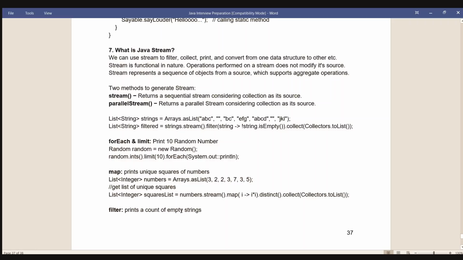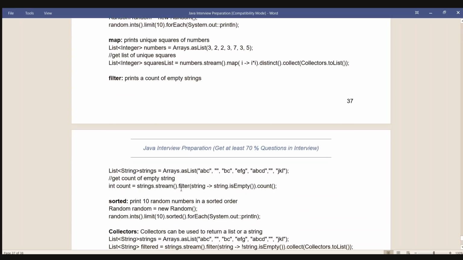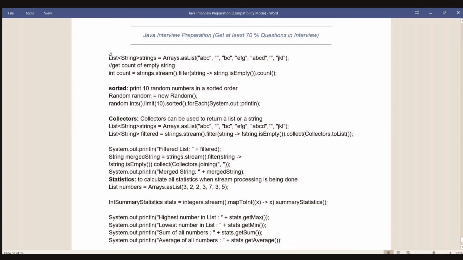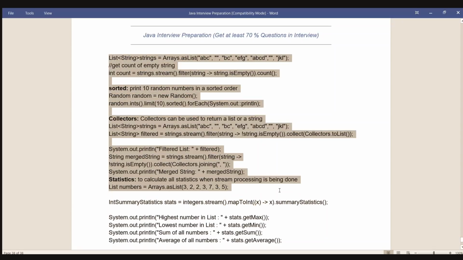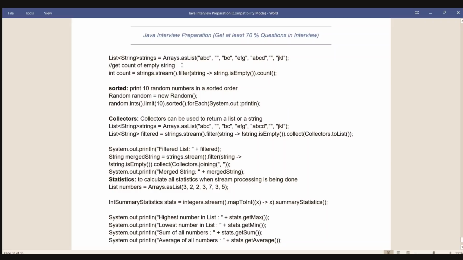Filter: prints a count of empty strings. List<String> strings = Arrays.asList("abc", "", "bc", "efg", "abcd", "", "jkl"); // get count of empty string. int count = strings.stream().filter(string -> string.isEmpty()).count(). Sorted: print 10 random numbers in a sorted order. Random random = new Random(); random.ints().limit(10).sorted().forEach(System.out::println);